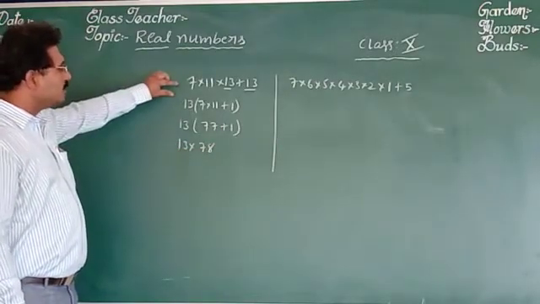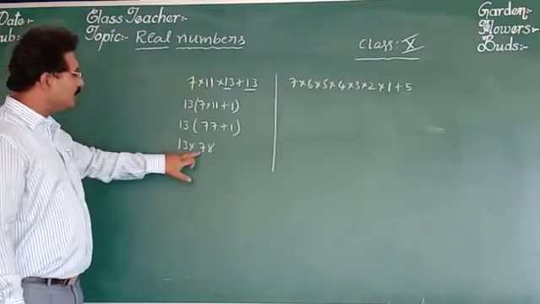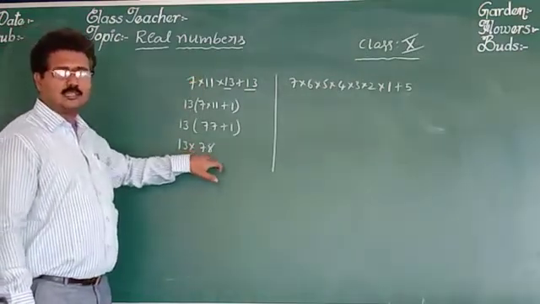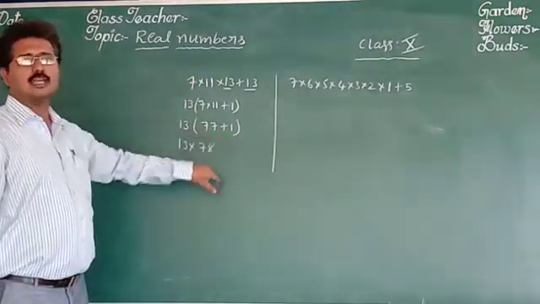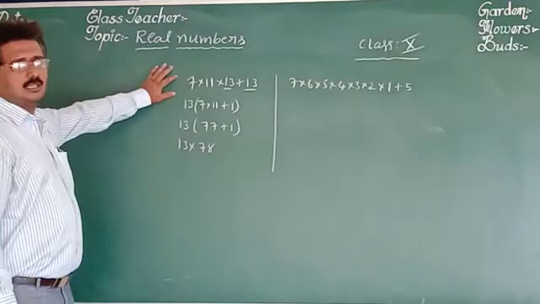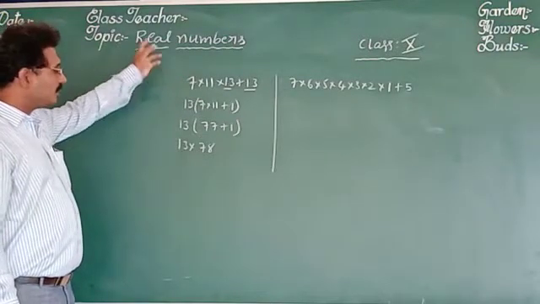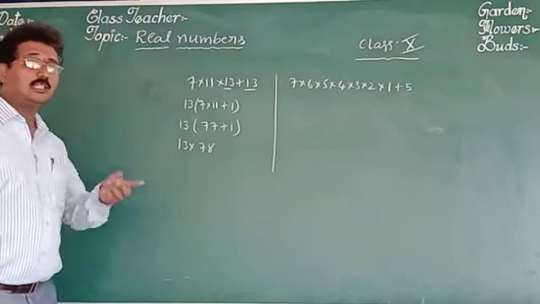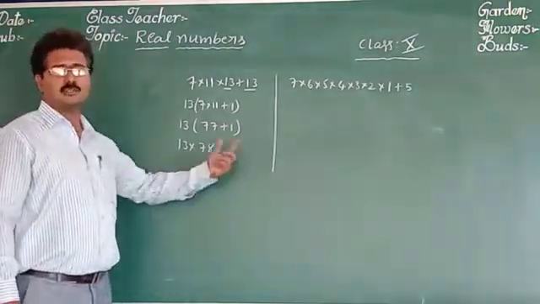So 13 into 78 means the total can be written as at least 2 factors here. So that means 13 and 78 are the factors. Hence it is a composite number. So every composite number can be written as the product of primes, and in that way also we have to write here at least 2 factors are there, it is a composite number.